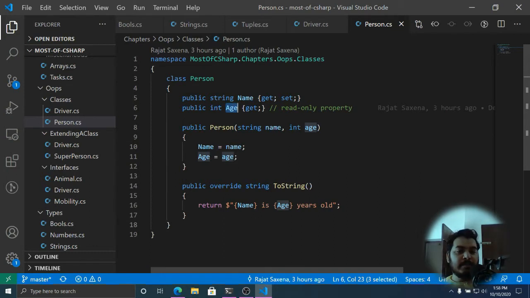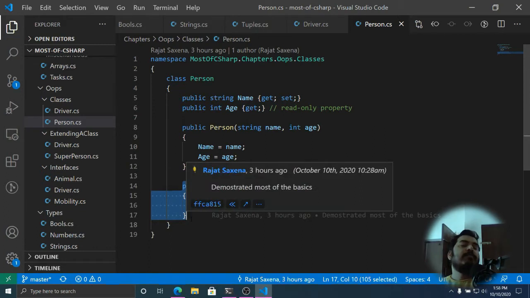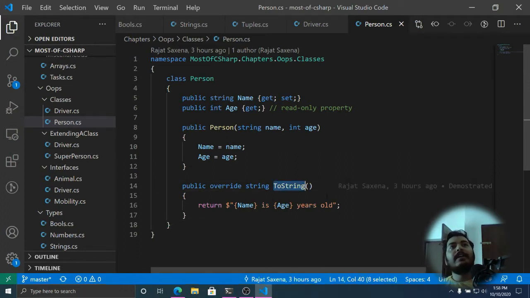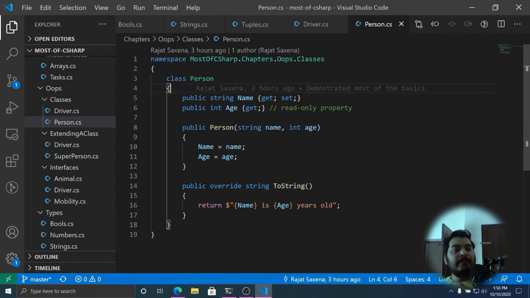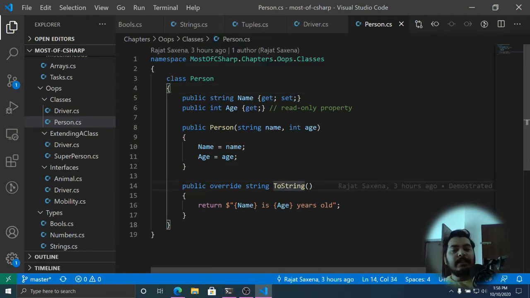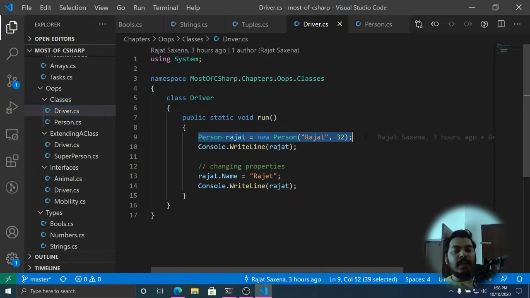Like most object-oriented programming languages, C# also has this concept of toString, which means that if I am doing Console.WriteLine over an instance of this class and I want to produce the output in a certain way, this is where I have to write it. Let's suppose someone creates an instance of the class like this, new Person.